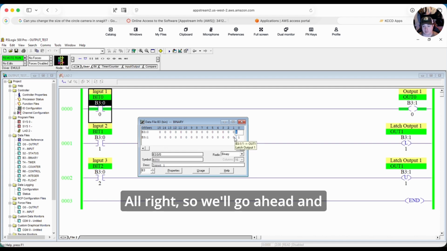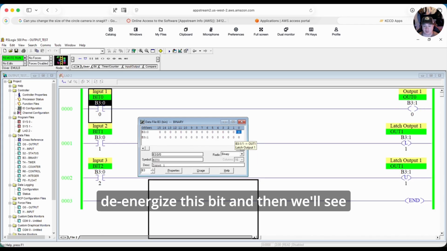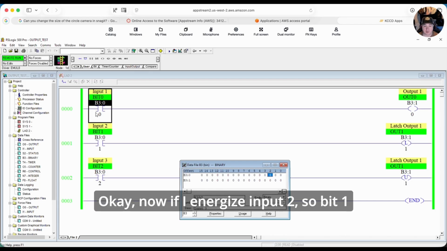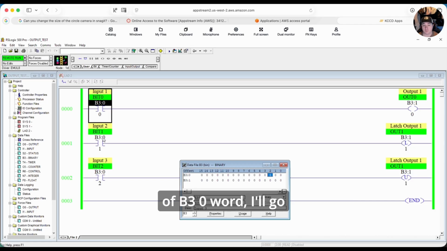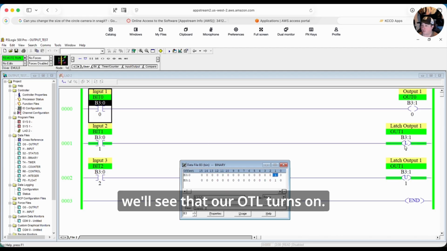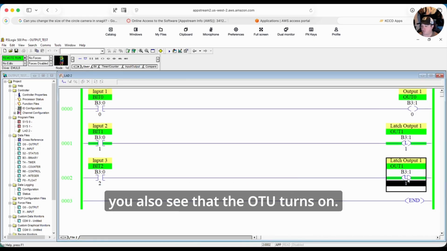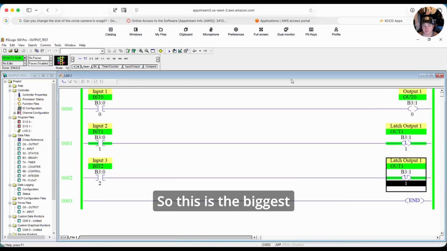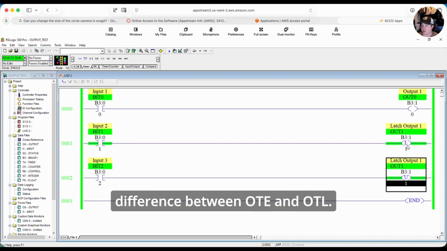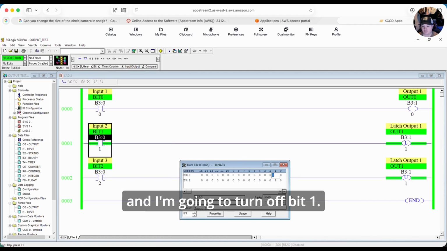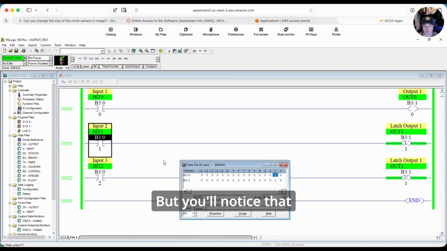All right, so we'll go ahead and de-energize this bit, and then we'll see something interesting happen with the next one. Okay, now if I energize input 2, so bit 1 of B30 word, I'll go ahead and energize that, and we'll see that our OTL turns on. So you can see that it's green, and then you also see that the OTU turns on. So this is the biggest difference between OTE and OTL. So I'll go ahead and open my data table, and I'm going to turn off bit 1. But you'll notice that